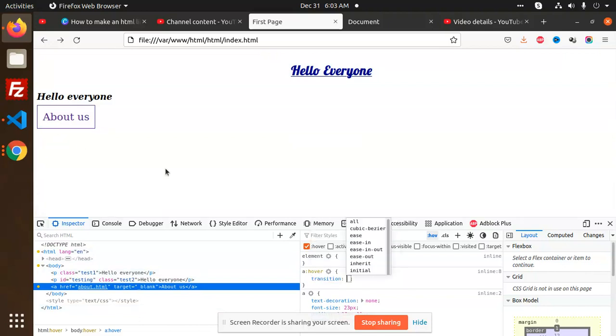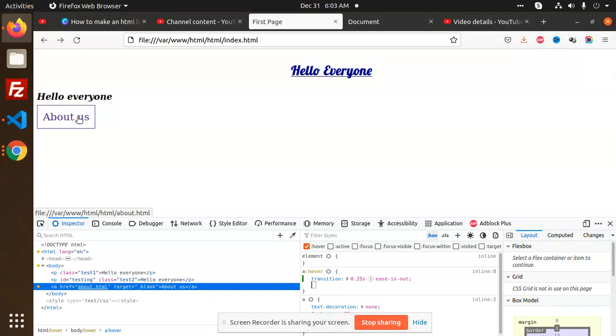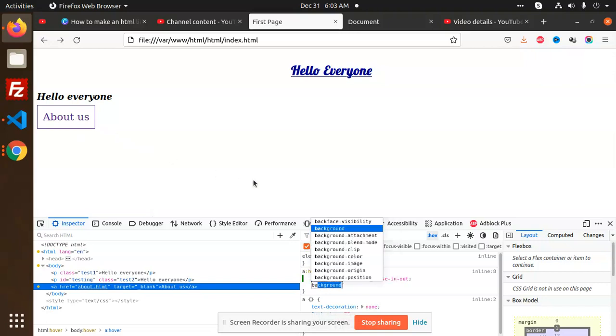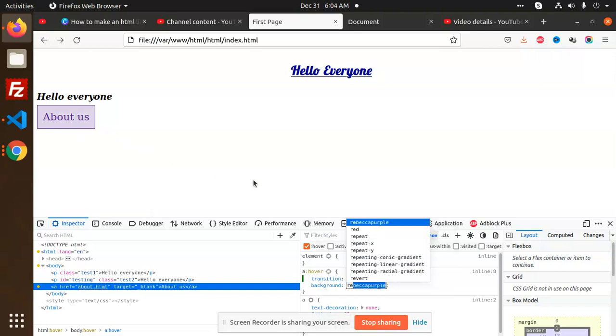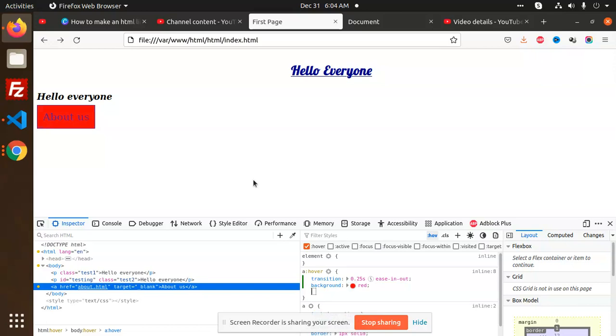Transition is going to be 0.25 seconds ease-in-out. If you go and hover over it, let's make the background red, and the color would be white.